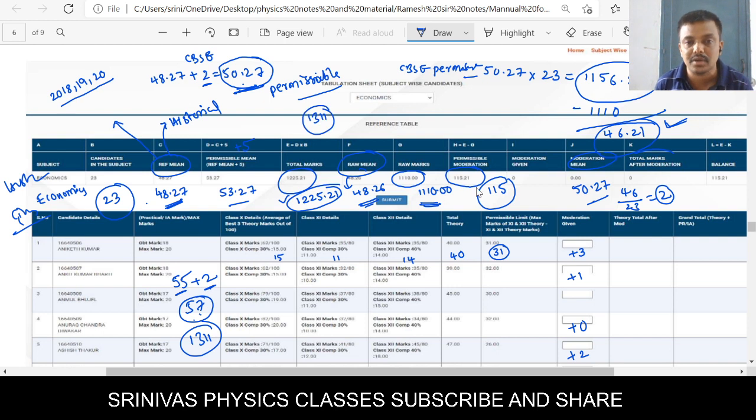For example, till now you kept only 1110. At the moment you subtract them, you can add nearly 200 marks. Okay, you have to add the 200 marks across the students. There are 23 students. 200 by 23, if you want to add to each one, you may add 10 marks or 8 marks. Okay, each one based on their performance. Like this, it is different for different persons and different subjects according to their historical performance.